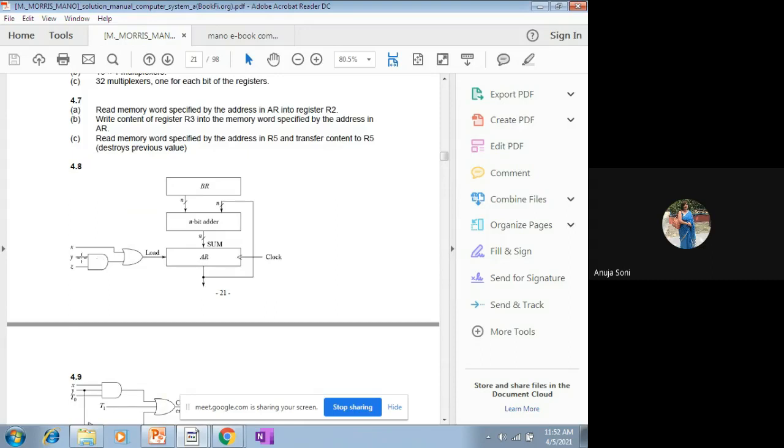That kind of diagram you have to draw. What you have to draw? An AND operator means you have to apply it over Y and Z, and then on X and YZ you have to apply one OR operator. So whenever it is enabled, then the load signal will be enabled.